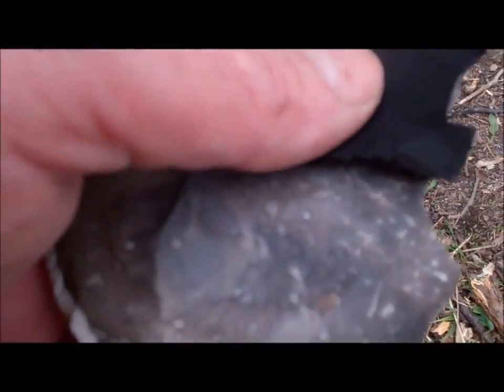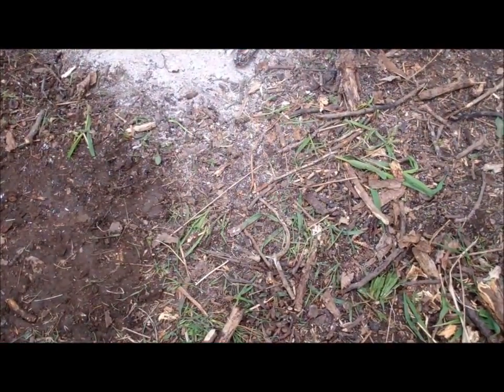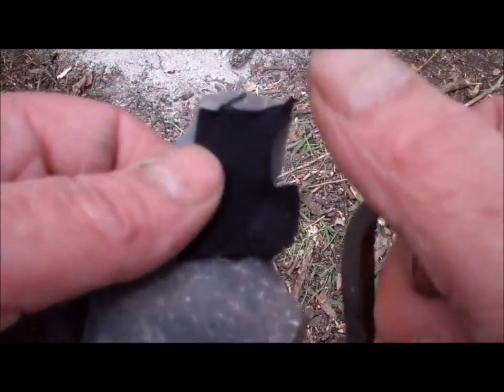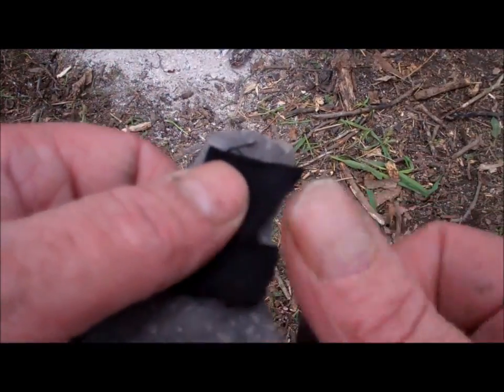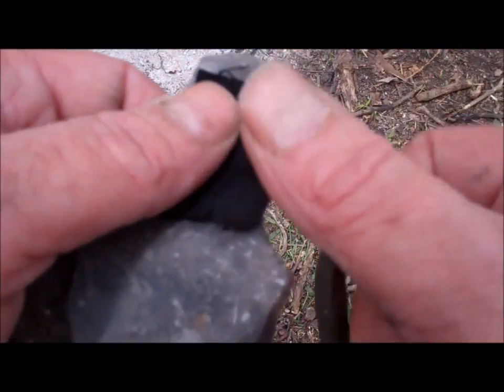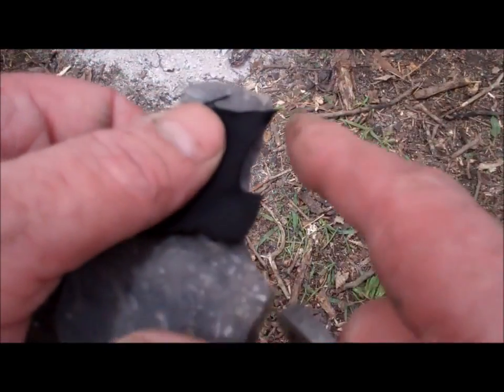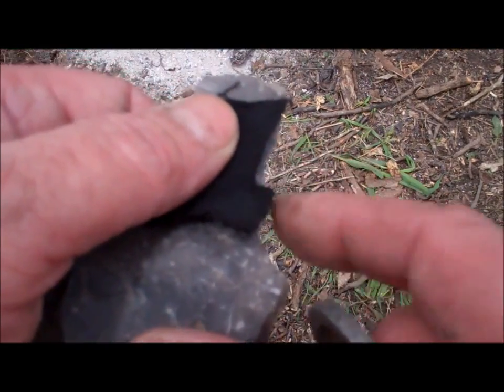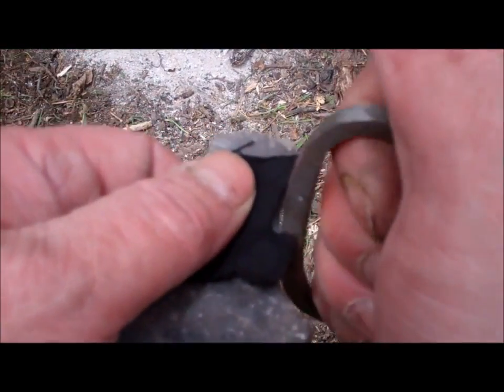Alright gang, here is the next step. Let me get this camera situated right. See if I can do this so the camera picks it up. The way you start your char cloth is you want to put one edge of the char cloth against the edge of your flint. Then taking your striker,